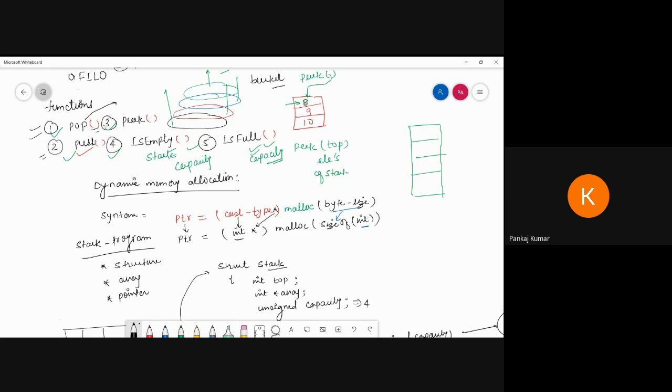If it's true, then it can push the element. Suppose we have to pop, suppose my element is here, 8. So pop, and it automatically decreases top. That purpose we are writing pop minus 1. And peek element, we have to choose this one, which is defined as an array element.